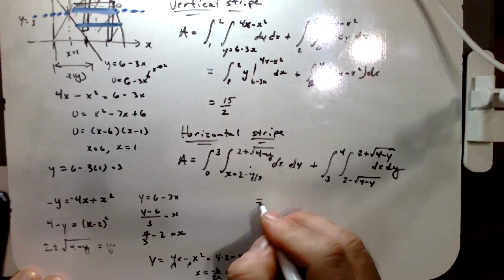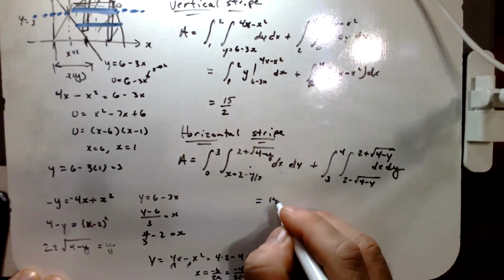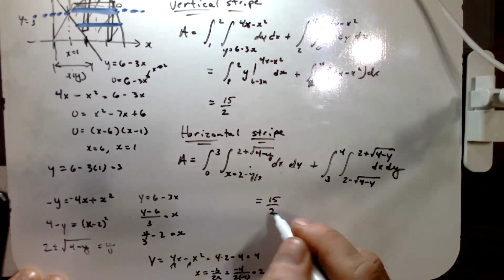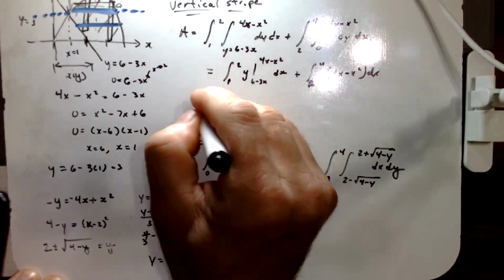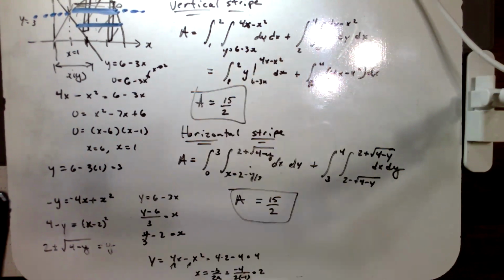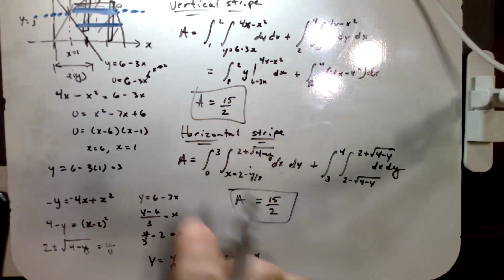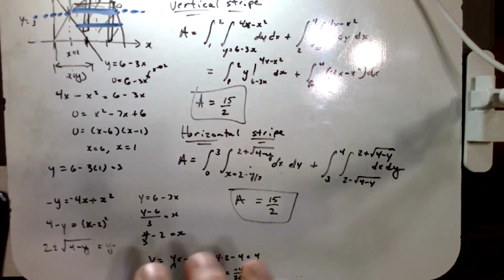If you compute these integrals out, you're going to get that the resulting area is 15 over 2, as you would expect. The region is the same, so the corresponding area is the same as well. Two different methods to get the same result. You can choose which one makes the most sense to you. I hope that was helpful, and I'll see you in the next